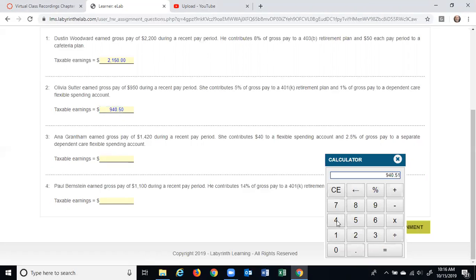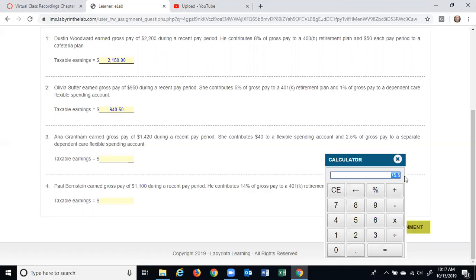Let's take $1,420 times 0.025, and that equals $35.50. So we have to remember $35.50 plus the $40